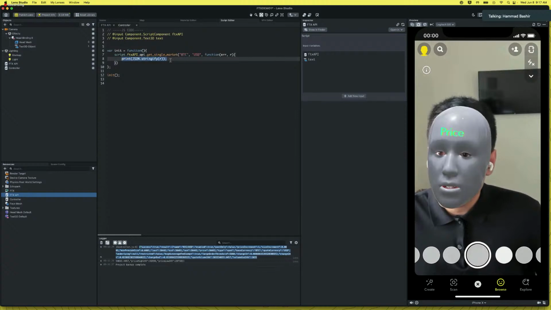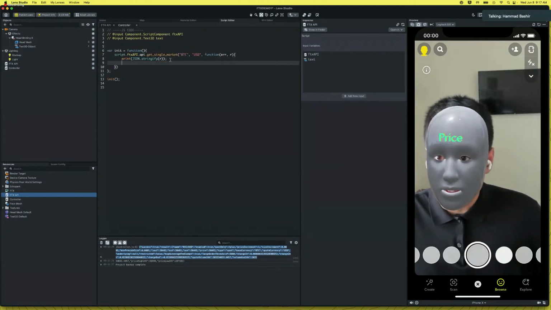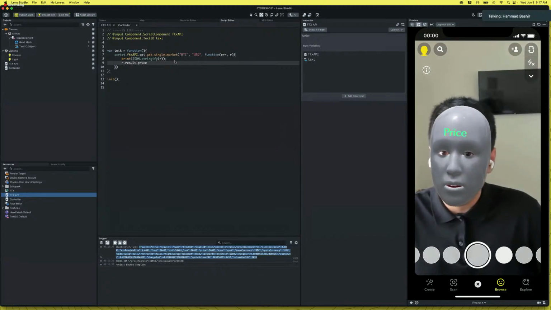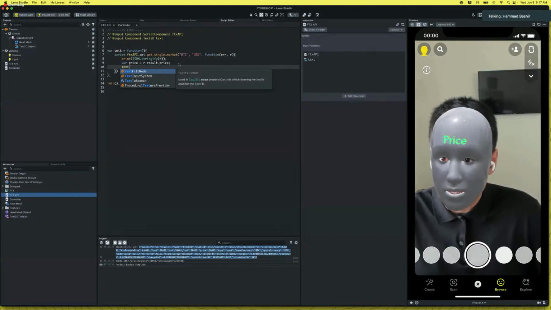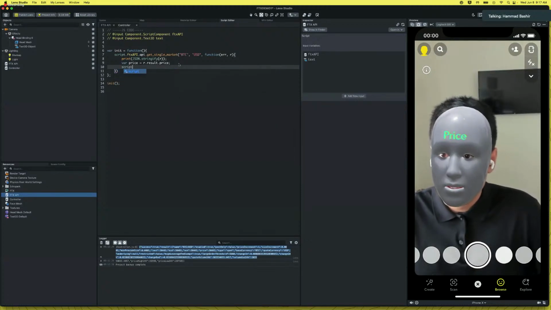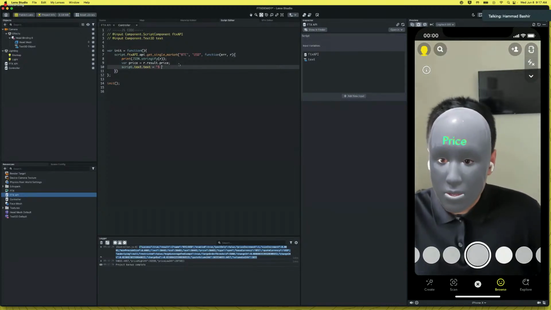So the first thing we're going to do is take this price out. If we can do that, we saw the result object, var.result.price, and let's store that. And then let's go ahead and say the input text that we had should take